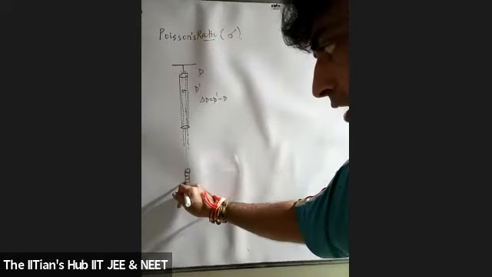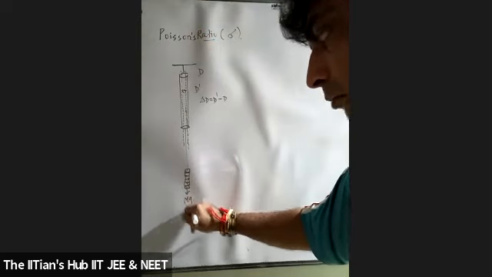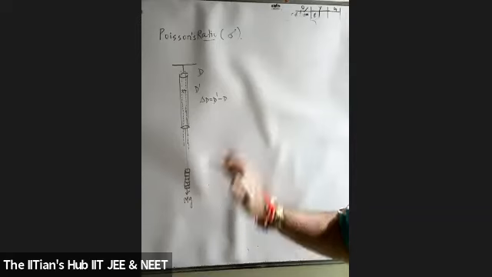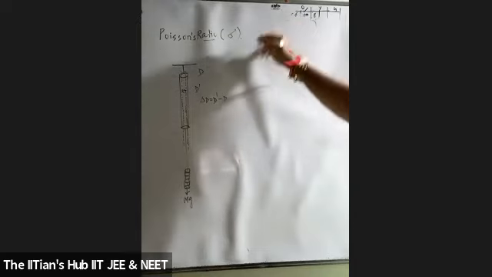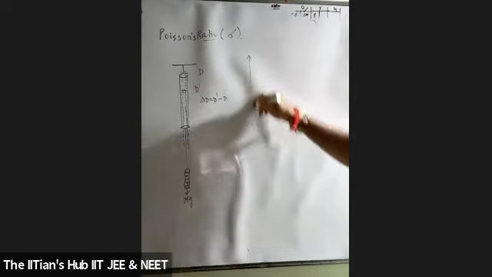Did you load the wire to a certain more extent? Yes, we had loaded the wire with some more force. That means, students, you have just crossed the straight line part of the graph. If I speak about the graphical representation, students,